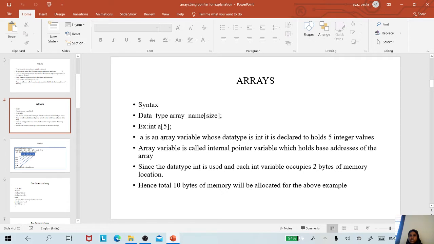Array variable a is called an internal pointer variable, which holds the base address of the array. The data type int is used and each int variable occupies 2 bytes of memory location. So int will occupy 2 bytes to store the integer data, and since we are using 5 array elements, a total of 10 bytes of memory will be allocated.